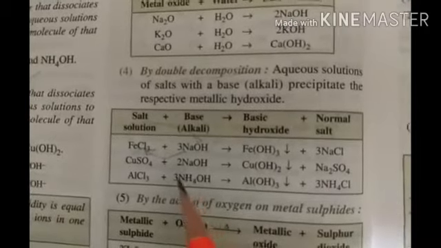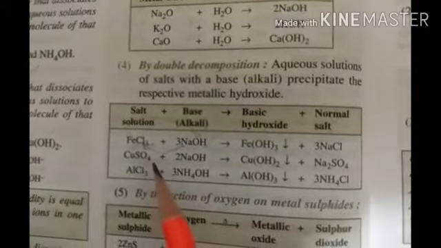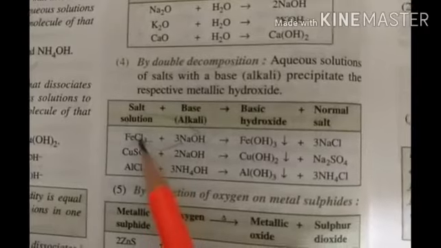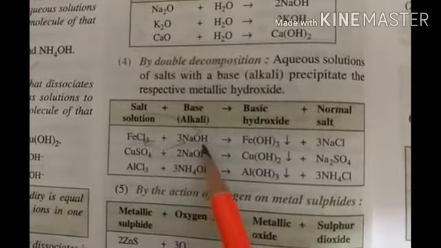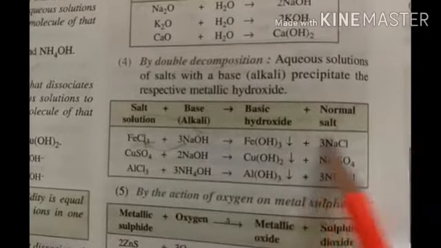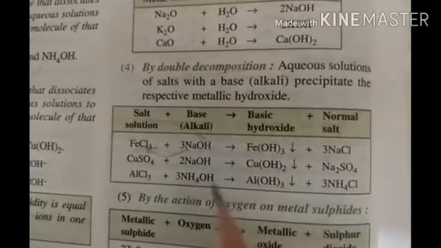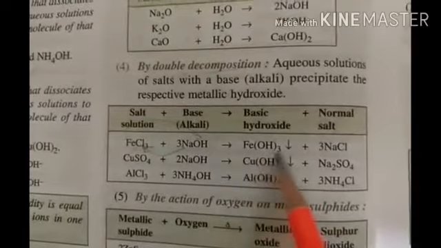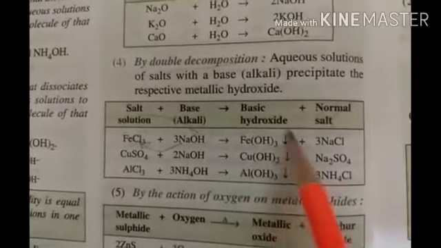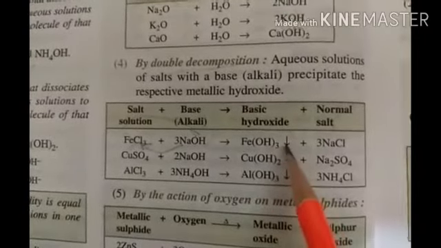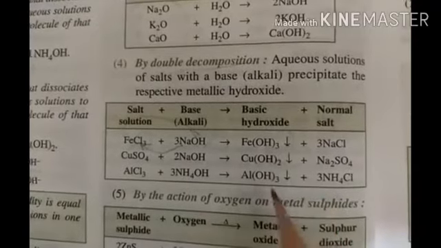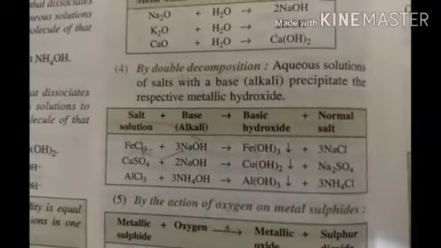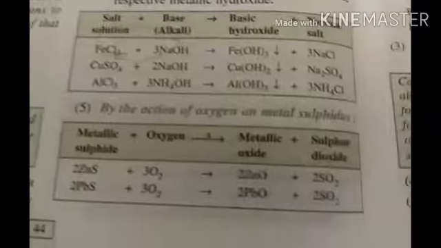And I told you they can ask you the question like what is the reaction between ferric chloride and sodium hydroxide. That complete balanced equation you need to write. Now if they ask you what is the observation, so what is the observation? A precipitate will be produced, okay, of ferric hydroxide. So likewise you need to write about the observation.